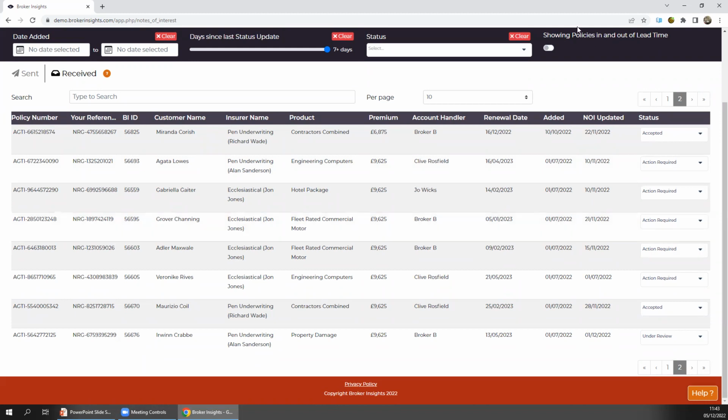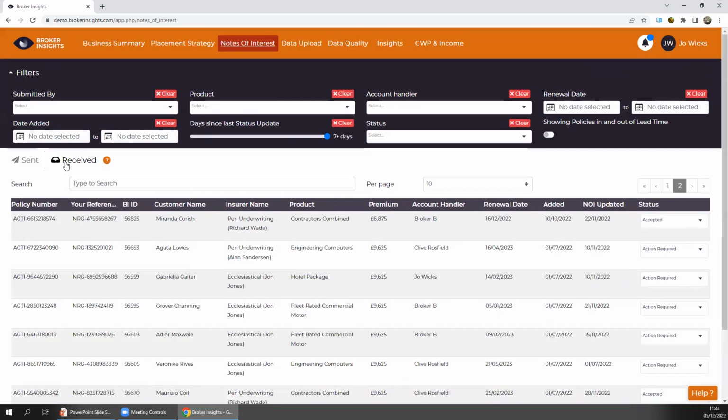But it's always worth knowing about that switch in case you do have a meeting coming up with any of these insurers. You can turn it off and identify any cases that they might have sent you that you can still discuss in that meeting. So that's just one to be aware of. Turn it off from time to time, or certainly ahead of any insurer meetings, and see what else they've sent you, just so they don't question you about a case that you're not aware of. So that's more received options.